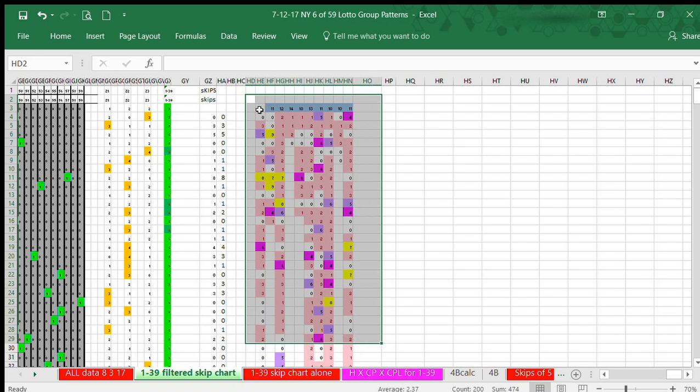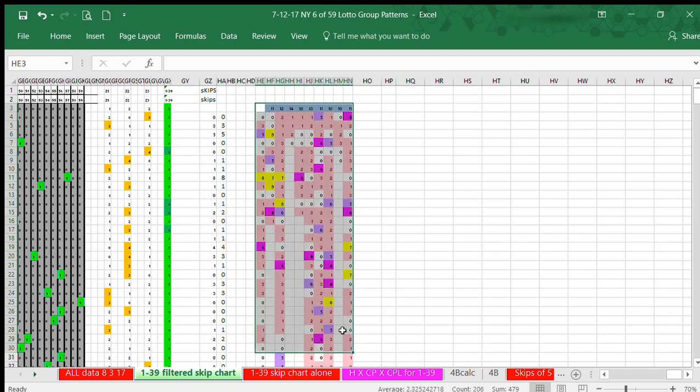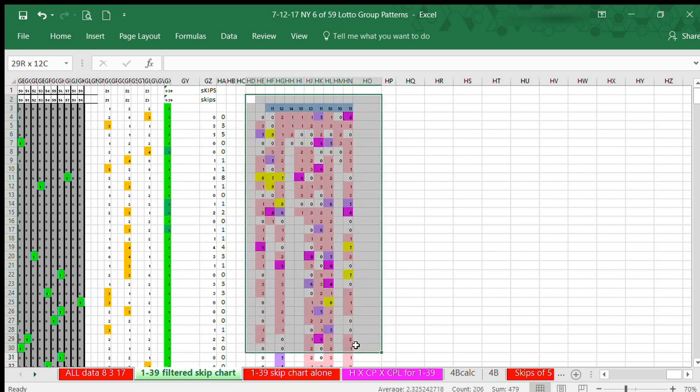After making this chart, I formatted skips greater than 9 as this blue here, representing the cold skips. Skips 1 through 3 with this rose. Skips of 4, this hot pink. Skips of 5 and 6 as this purple. And skips 7 through 9 as this yellow. I took this chart after I made it and put it in a new worksheet, which is